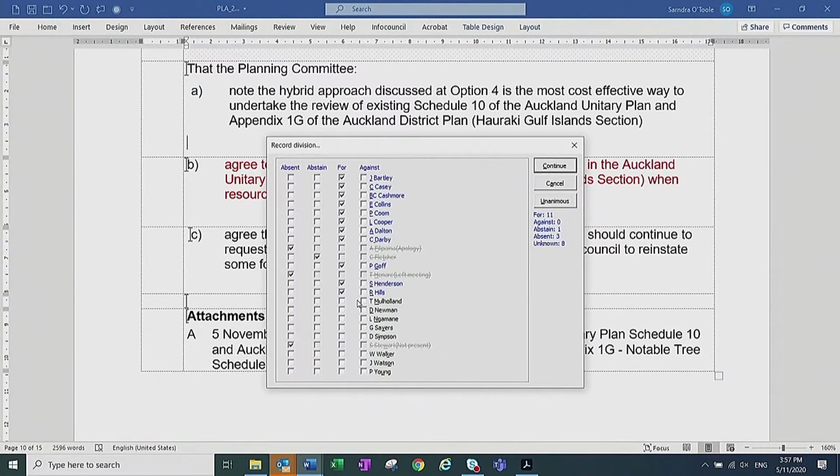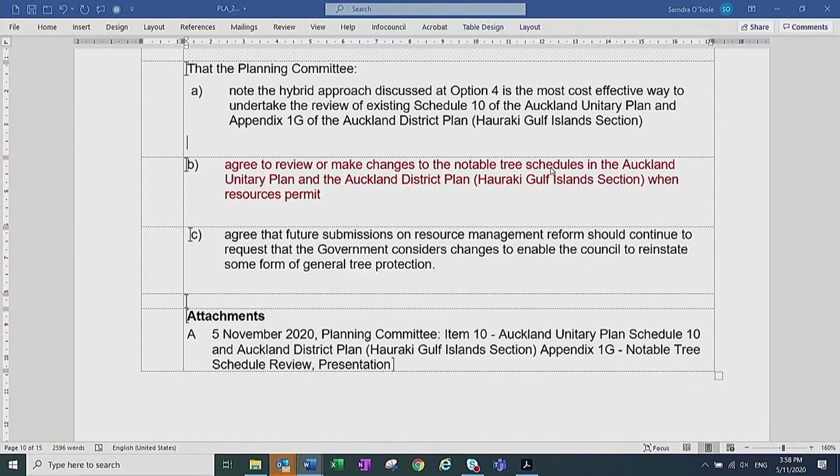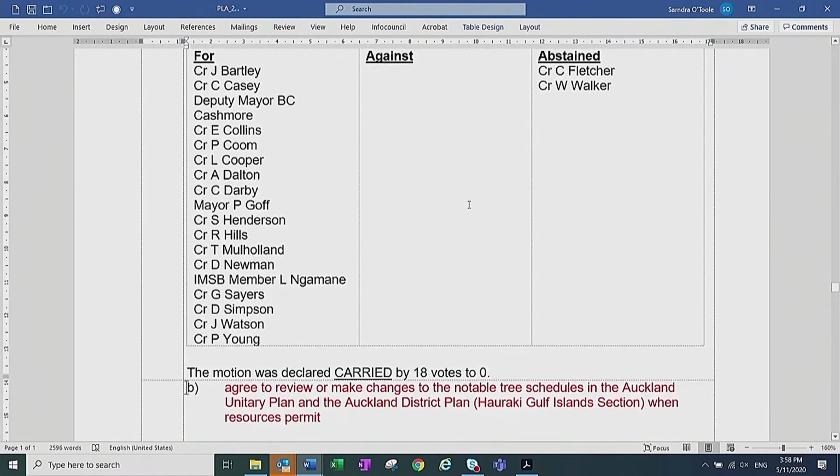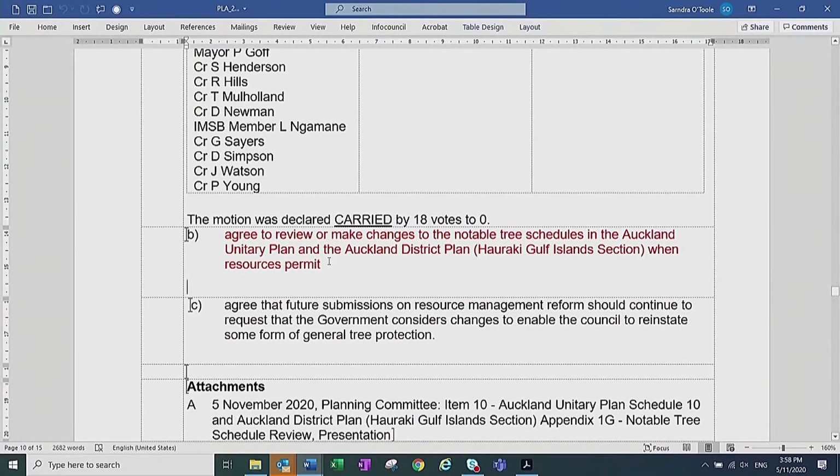Councillor Mulholland. For. Councillor Newman. Yes. Member Namane. Aye. Councillor Sayers. Councillor Simpson. Councillor Stewart is not here, sorry. Councillor Walker. Councillor Watson. Yes. Councillor Young. That's carried, A, 18 votes to nil, and we will now go to the B, take the division.